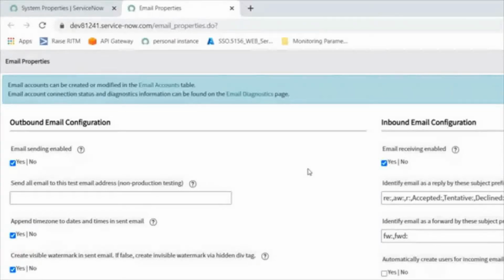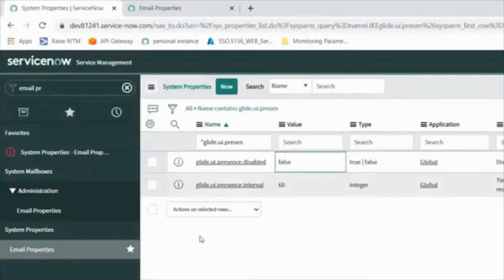From my ServiceNow to Gmail, I am sending the mail, and that is outbound. Outbound means it is going out from ServiceNow. Coming into ServiceNow is inbound. Understood, everyone?